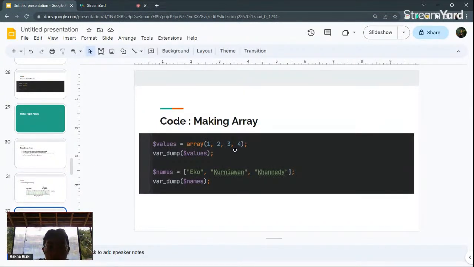So I will give you an example of making an array. We make a variable, and then array 1, 2, 3, 4, and then the value. To look at arrays, we can use var_dump.